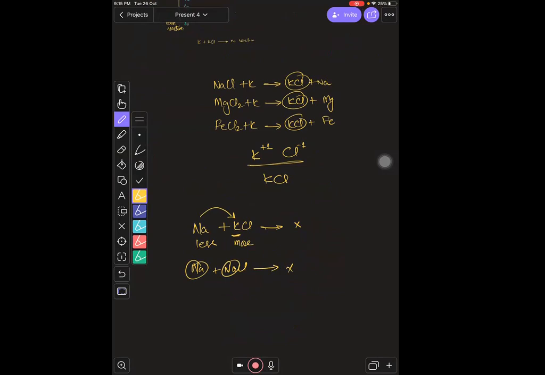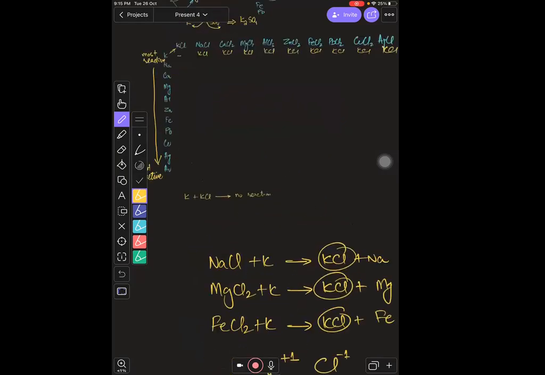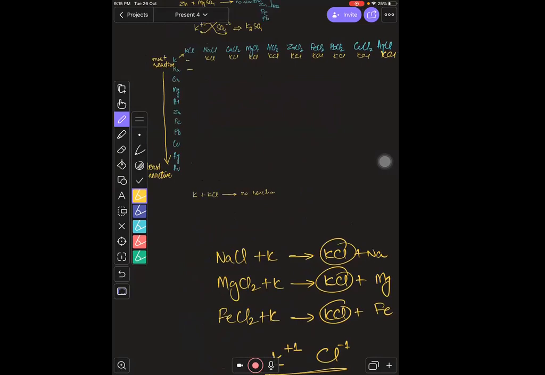नाउ उसके बाद वाले की अगर हम बात करें, फॉर एग्जांपल आपके पास कैल्शियम क्लोराइड है और कैल्शियम क्लोराइड में अगर आप डाल दें क्या? सोडियम, तो डेफिनेटली ये क्या बनाएगा? आपके पास सोडियम क्लोराइड बनाएगा बिकॉज सोडियम कैन डिस्प्लेस कैल्शियम बिकॉज इट इज मोर रिएक्टिव एंड कैल्शियम इज लेस रिएक्टिव, ठीक है बच्चों। तो अगर आप यहाँ देखें तो यहाँ कोई भी रिएक्शन नहीं होगा, यहाँ पर भी कोई रिएक्शन नहीं होगा एंड बाकी सब में NaCl बनता रहेगा और दूसरा वाला जो मेटल है वो निकलता रहेगा, ठीक है ना बच्चों,